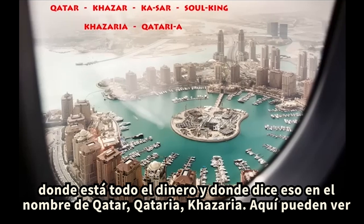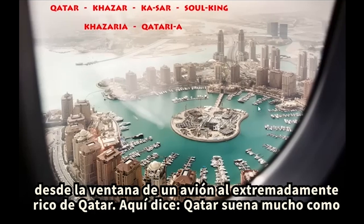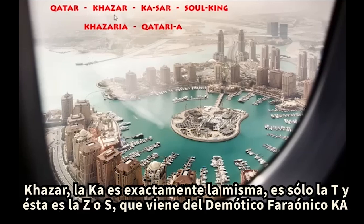Qataria. So here you can see from an airplane window the extremely rich Qatar. And here it says Qatar. It sounds very much like Khazar. The Ka is exactly the same. It's only the T, and this here is a Z or an S, which comes out of the pharaonic demotic